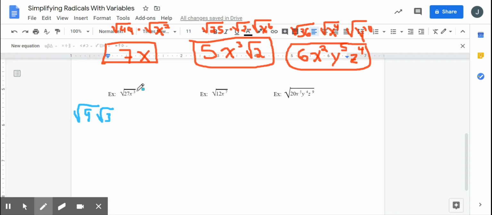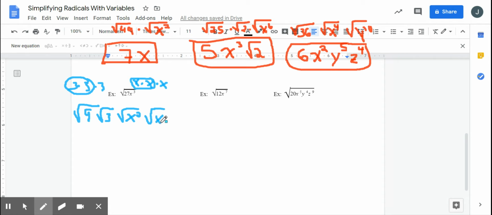Now, this x to the 3rd is not a perfect square. But just like we did here, where technically 27 is 3 times 3 times 3, it's the same thing multiplied by itself 3 times. But we took 2 of them together to make a perfect square. The same thing is happening here. It is x times x times x. Well, I'm going to take 2 of them by themselves to give me a perfect square. So I'm going to break up x to the 3rd into the highest even possible, and then x to the